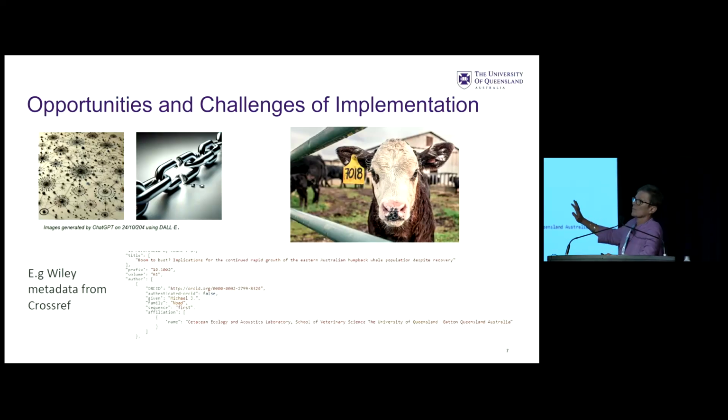Just by way of example, what you'll see at the bottom there is some metadata from Crossref for a Wiley publication. They do provide ORCIDs, so they use ORCIDs in their manuscript submission system, but they're not flagging in Crossref, for example, whether that's an authenticated ORCID or not. The authenticated flag is set to false. So in order to maintain this, you really need a trusted ecosystem of PIDs in order to deliver the value long term.